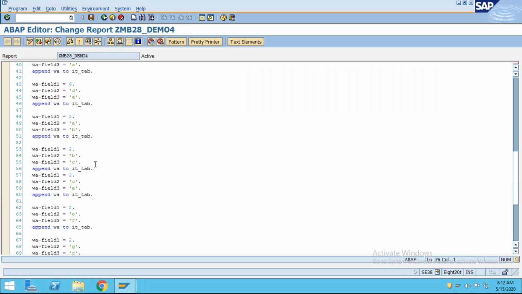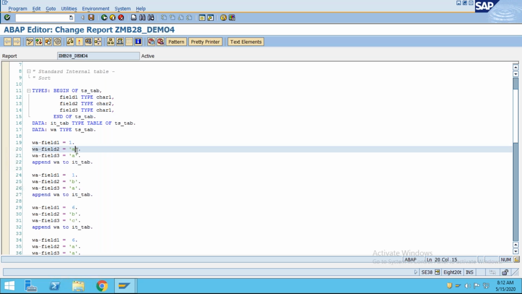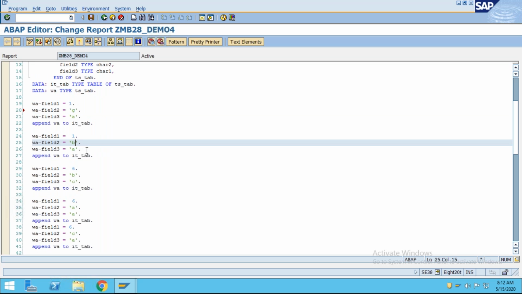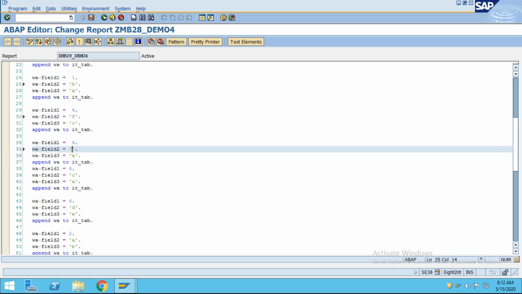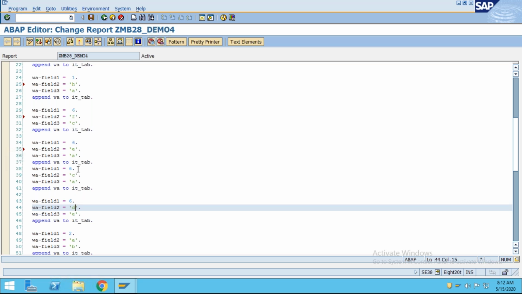I will put in sorted order. Here I will put G, right? And here I will put F, okay, or H I will put. And for this is fine B, so maybe F, and here I will put E, and here we can put